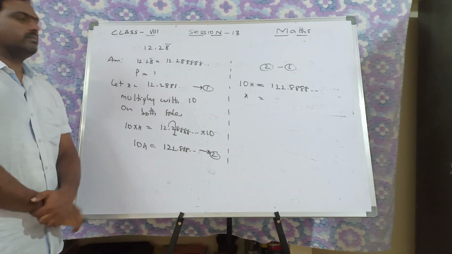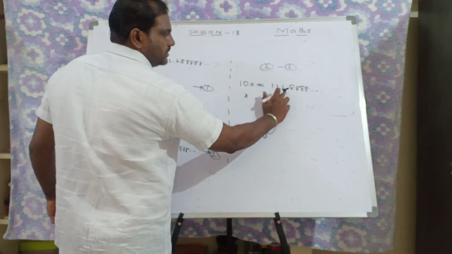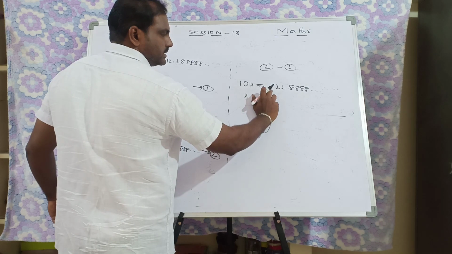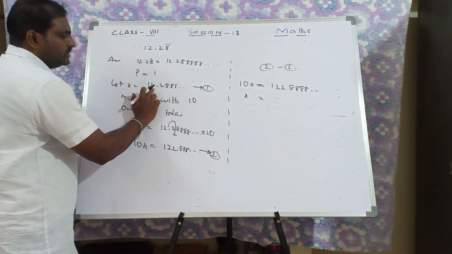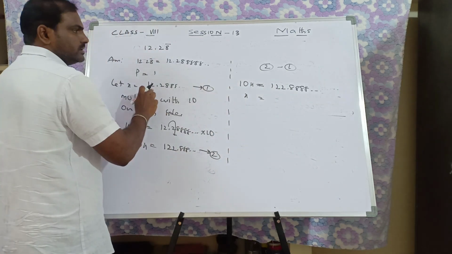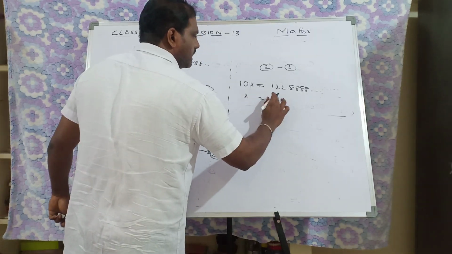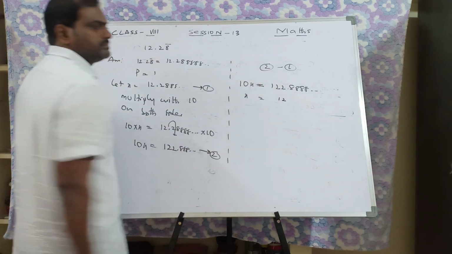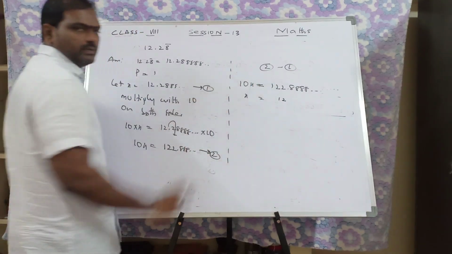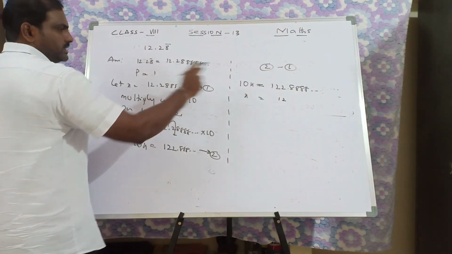Very very important, look at this equation 1. Now where you will write this 12? So it's very simple. In this case, units, tens, hundreds. In this case, units, tens. So what is the unit space here? 2. What is the unit space here? 2. So here we have to write exactly down here 2. After that 1. Don't write 12 here. I know the students will write here. Don't write that. Units, units.